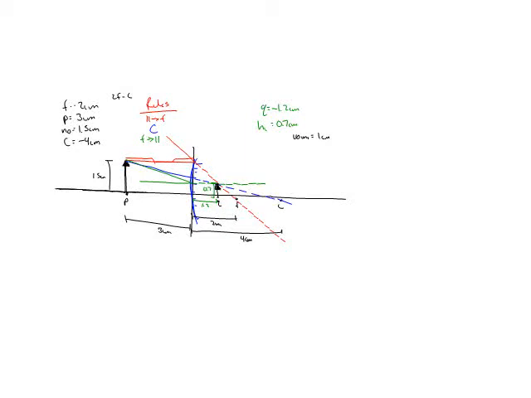Now we're going to do the math. So double check and make sure we did all this stuff right. Use our focal length equation. 1 over our focal length, where focal length is -2. Our P, make sure you're giving given values here, plus 1 over Q. So 1 over -2 minus 1 over 3 equals